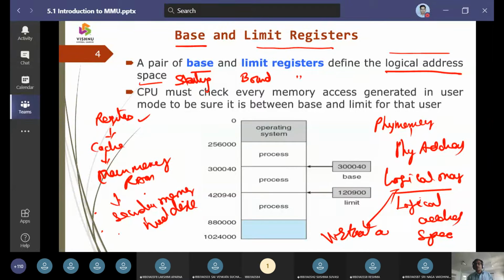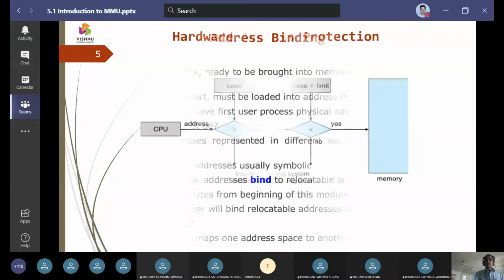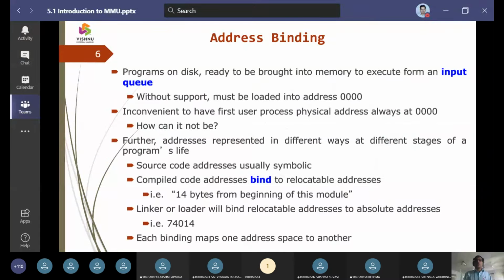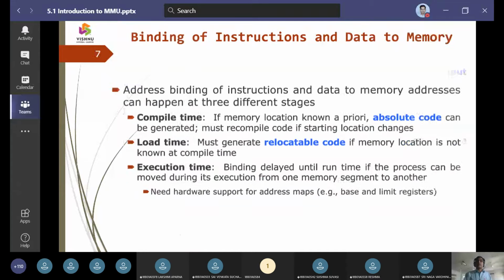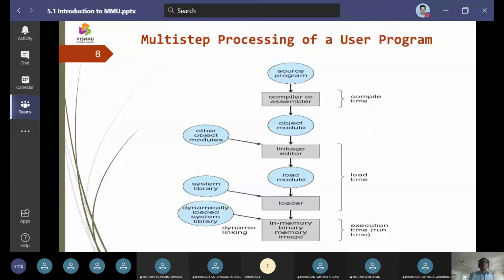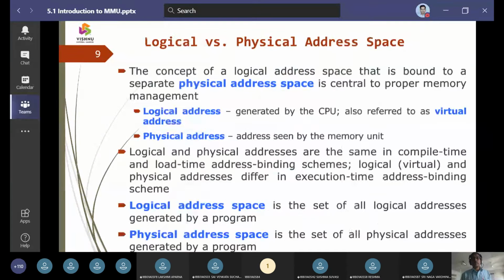That is where the scenario changes. We have physical addresses and we have logical addresses. Logical addresses are proposed by the logical address space, and physical addresses are generated by the physical address space. Now let us dig deep into the difference between a logical address and a physical address.